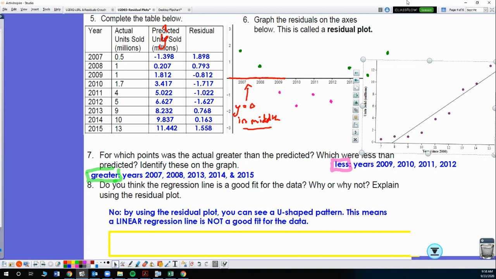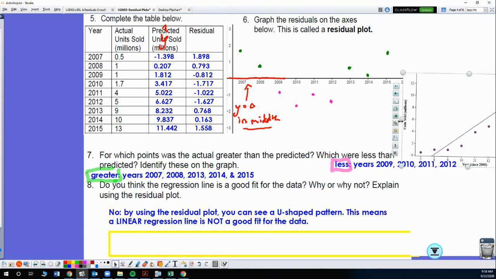or less than predicted. So the last thing here for number 8 is to really answer the question of, do you think this is a good fit? Why or why not? And so what I've written here is that if we use the residual plot, we see this U shape, right? So if I draw that on here, we see kind of a U shape in our residual plot. And because it's U-shaped, our conclusion is that this is not a good fit